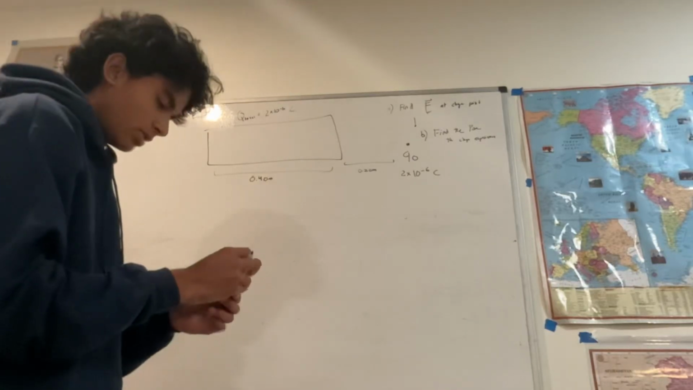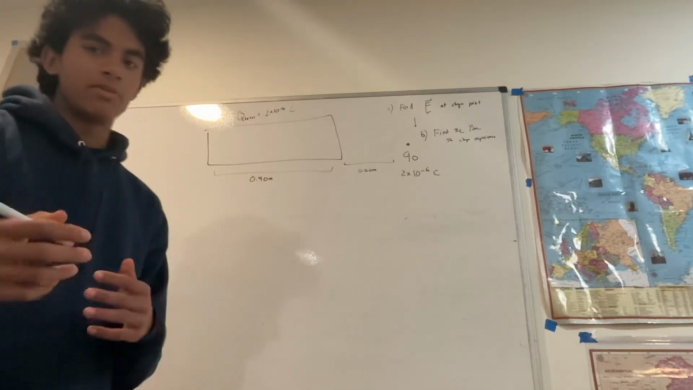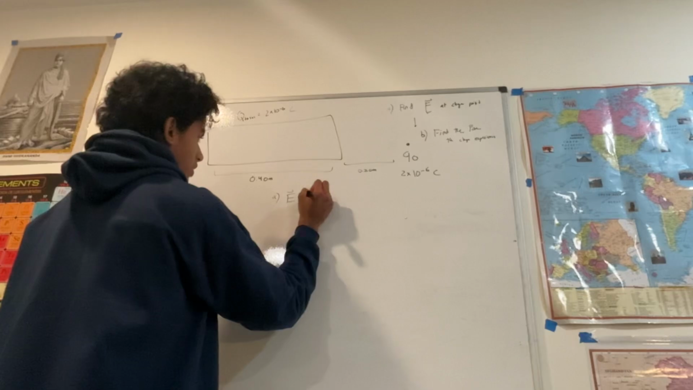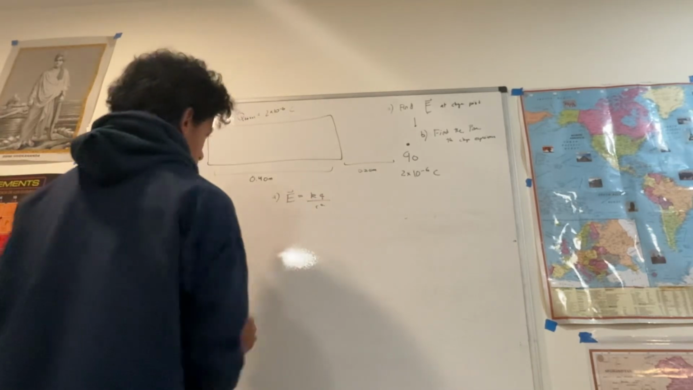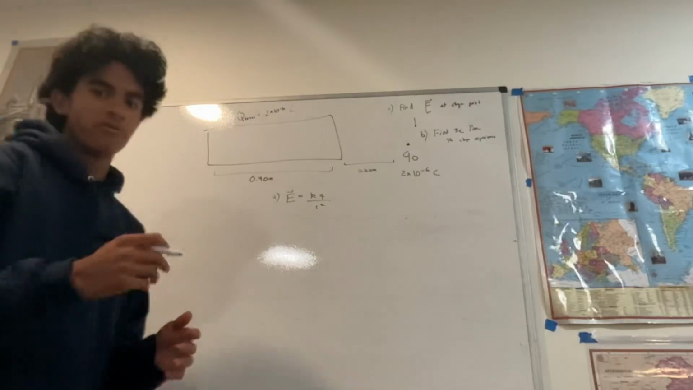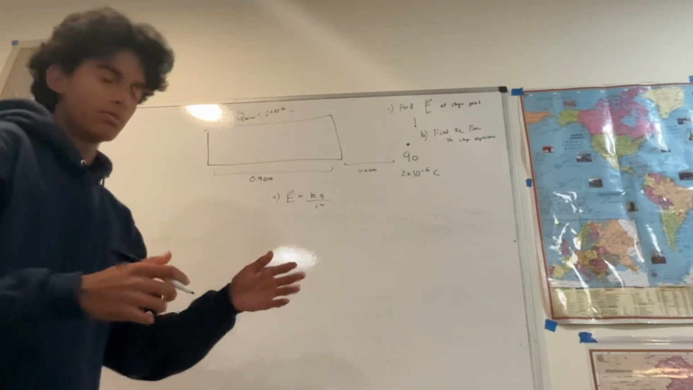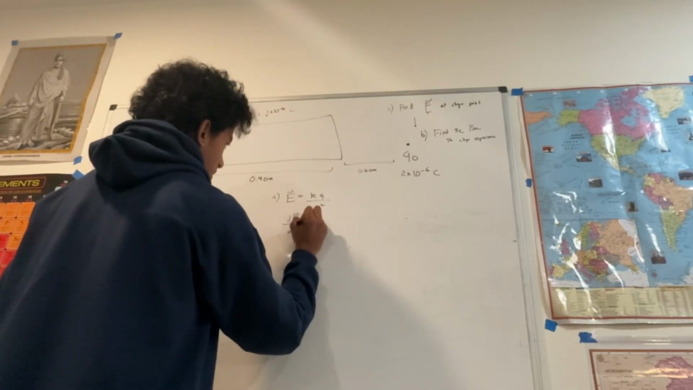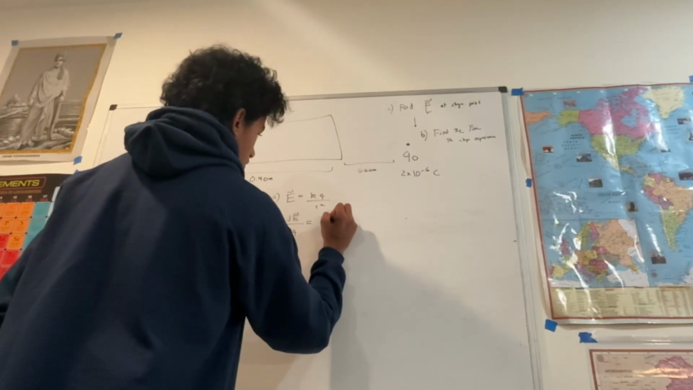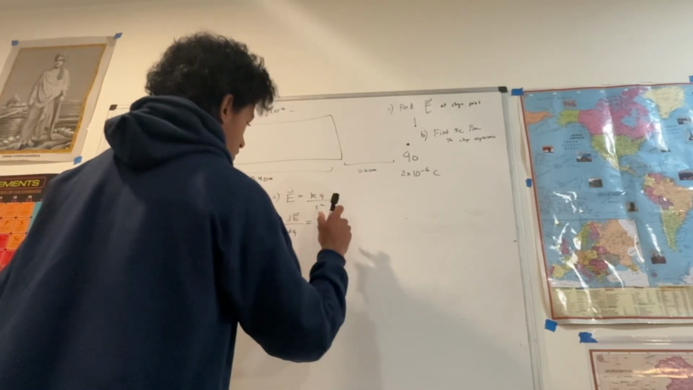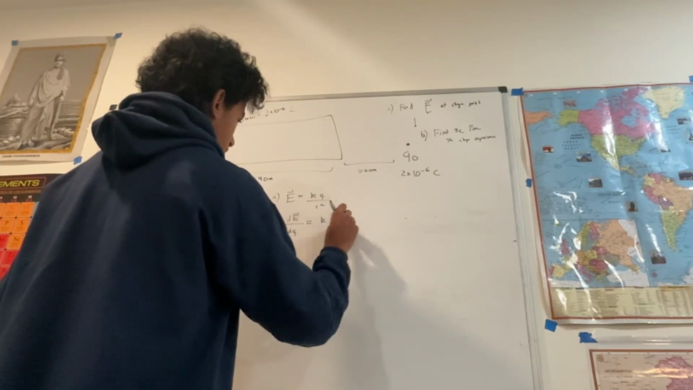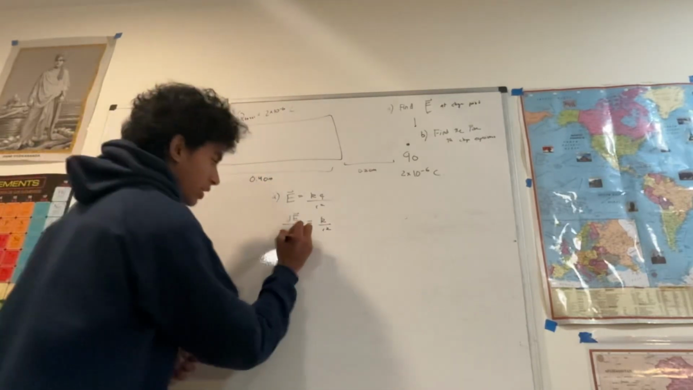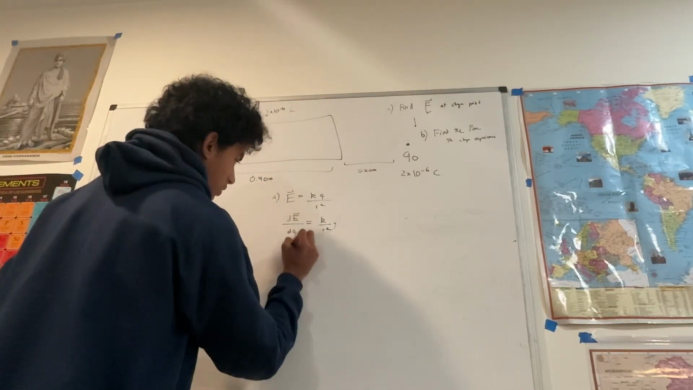Okay, so to find the electric field, we need to consider the main equation. So you know that electric field equals KQ over R squared, right? So that means that if we differentiate E with respect to Q, we'll get that dE by dQ is going to be equal to K over R squared. So that means that if we multiply this to that side,